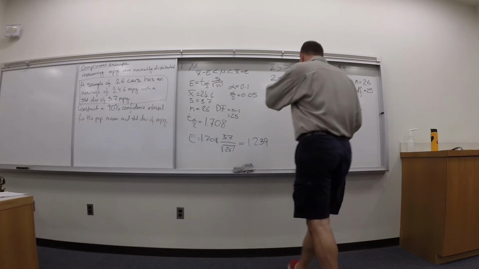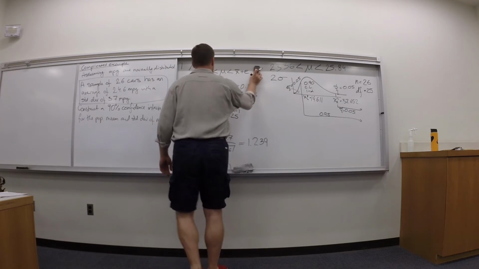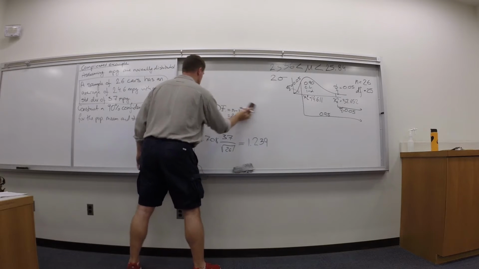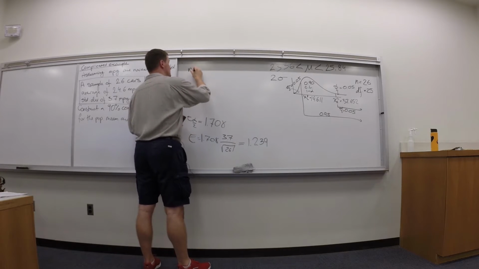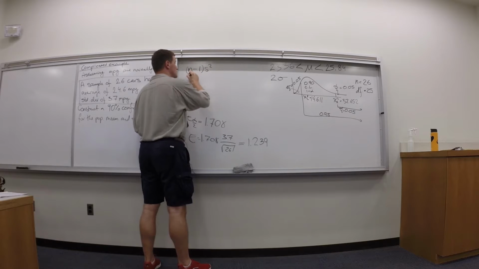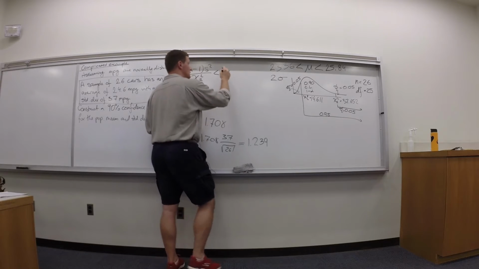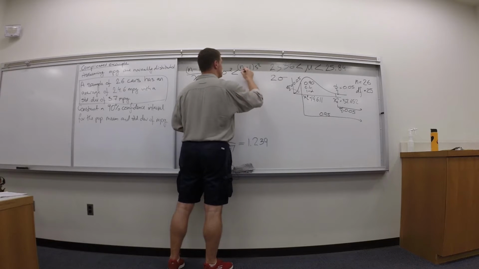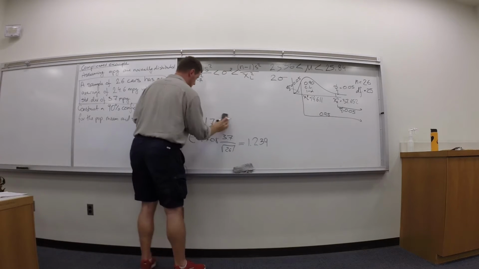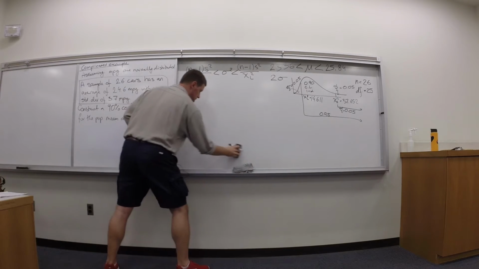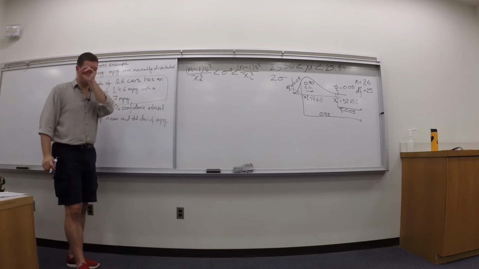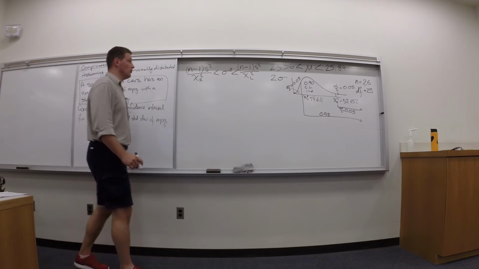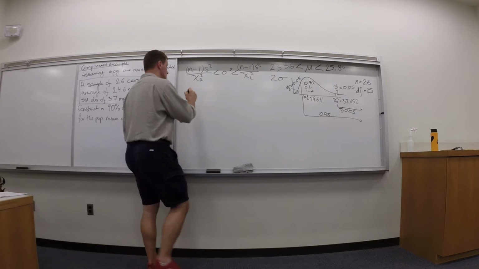So now what do we do? Well, the formula is n minus 1 times s squared divided by chi right squared, less than sigma squared, less than n minus 1 times s squared divided by chi left squared. That was for variance, right? So if we want to convert this to standard deviation,